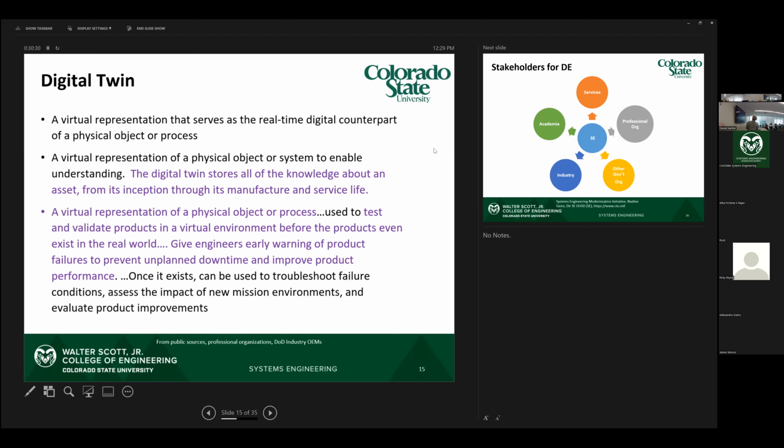So digital twin, that is that repository that's going to store all this information. It's going to have that, so when you start making changes, when you want to update a system, what are you going to do? You're going to go back to your digital twin. You're going to look at what you need to do, right, to be able to make these changes, and you're going to actually be able to do them on yet a copy of the digital twin and be able to figure out how it works, how things need to be integrated before you ever actually have to do it. This is pretty powerful. This is one of the best things.